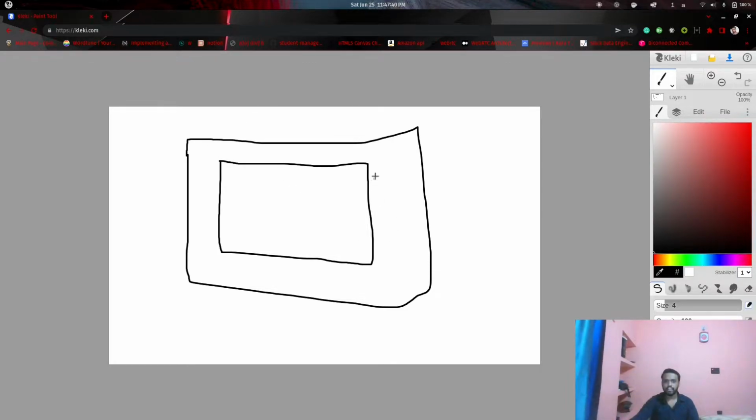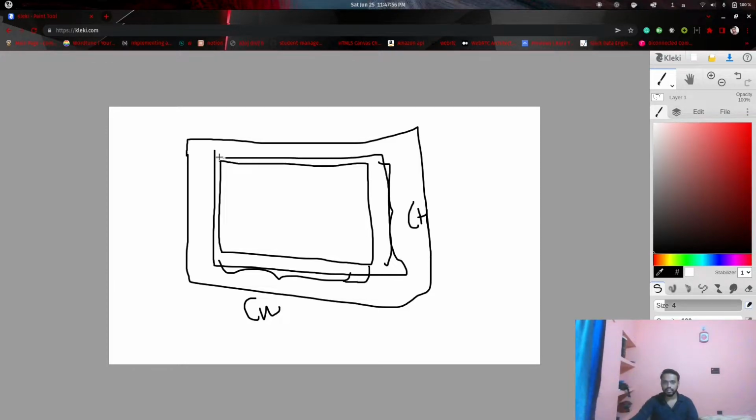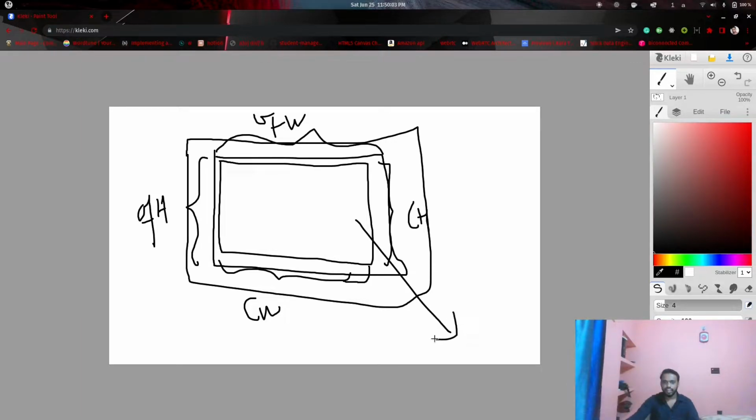So this canvas element has a client width and client height, and if it has some border like that, then this will be the offset width and this will be the offset height. This is the same for all elements, but there is one difference: this canvas has one more